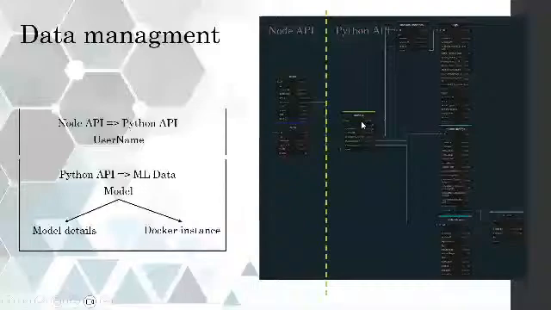Then these models are linked with a Docker instance that we use to train the model, and every Docker instance is linked with logs. When we train our model, we save logs regarding the Docker instances. The model also has a configuration and different layers used to create it.